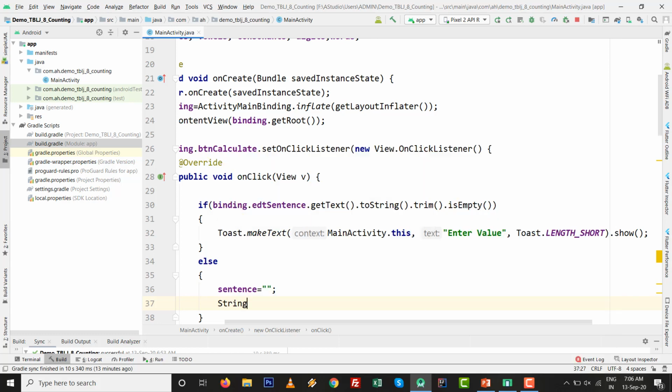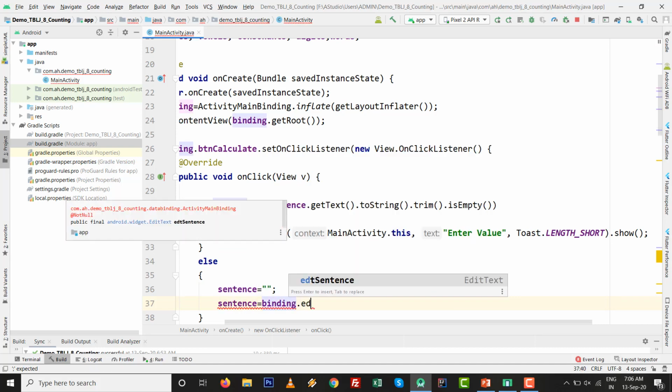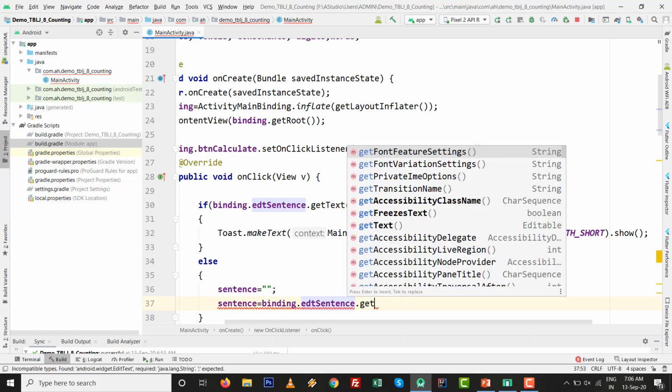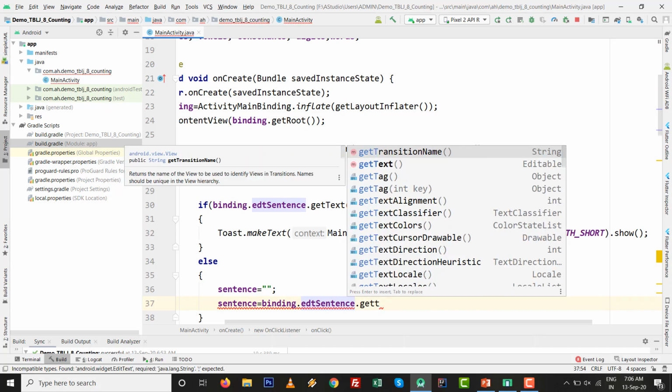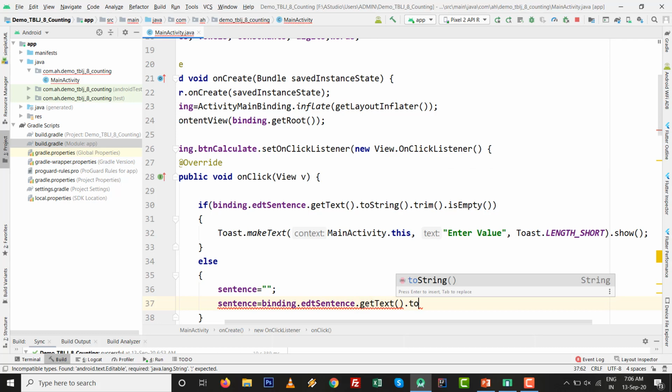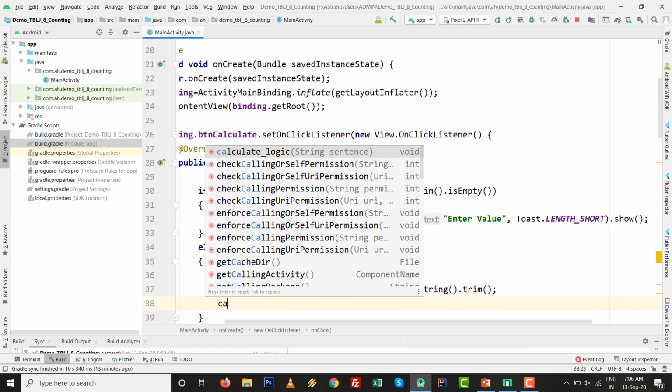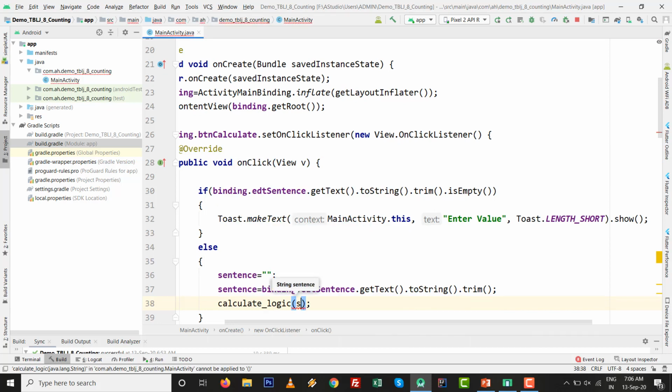So String sentence equals binding dot edt sentence dot get text dot toString dot trim, and pass it to the calculate logic. That is the sentence we need to pass.